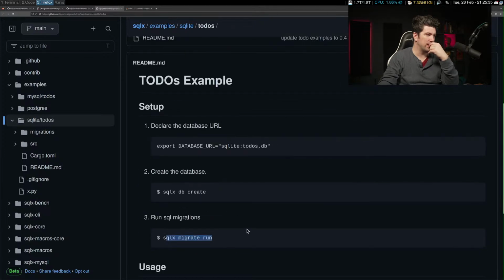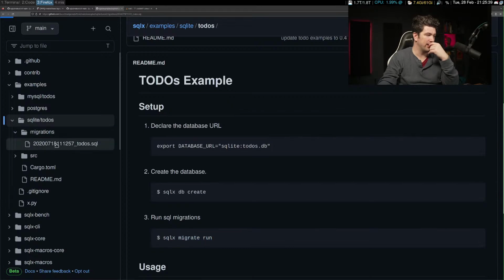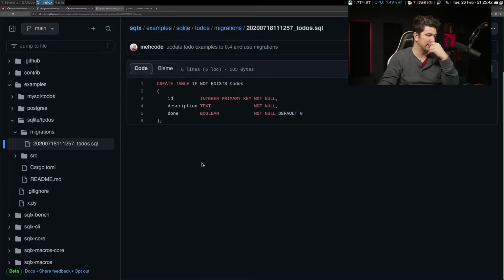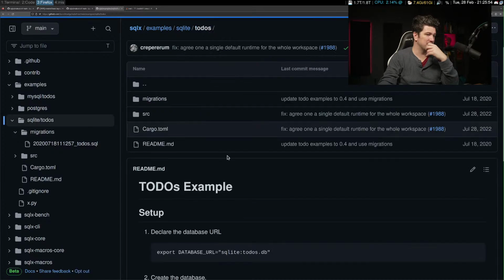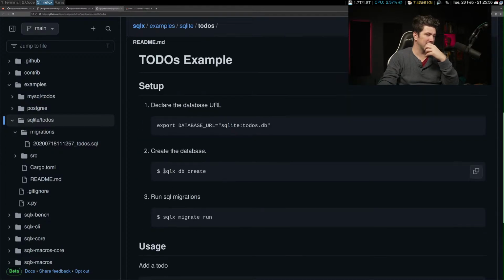But migrate what? Oh, they have their own migration here. But it doesn't run migrations. They have a command line tool. SQLX is just like a helper tool that can create an SQLite database.